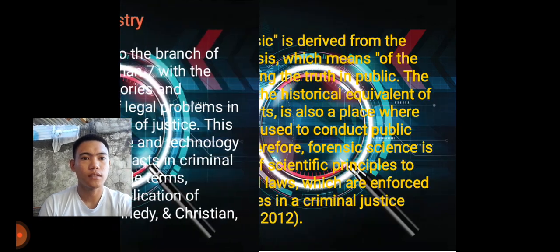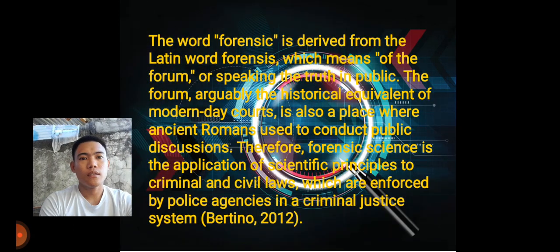Next. Then, the word forensic derived from the Latin word forensis. So, tibali, ang tagikanan ng forensic na word, gikan sa Latin word na forensis, which means of forum or speaking truth in the public. Mo nang ila istoryahan sa public. Example sa Luneta, ana sila mag-topic ng mga tinuod na mga nahitabo. The forum